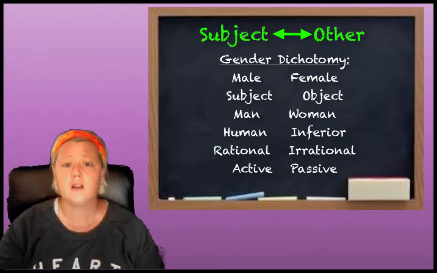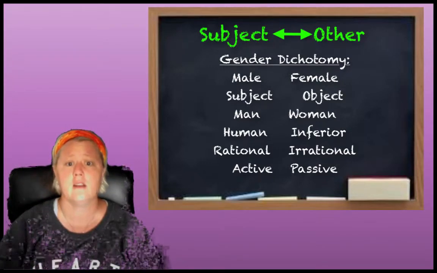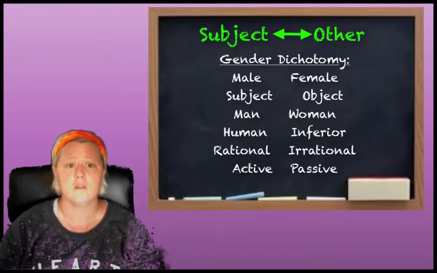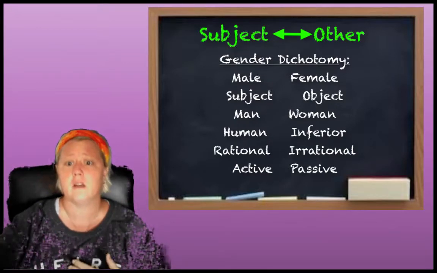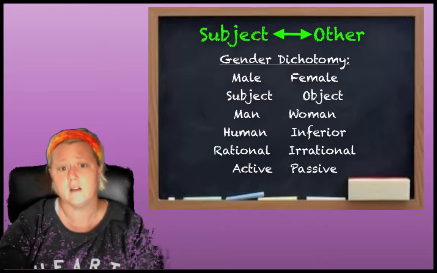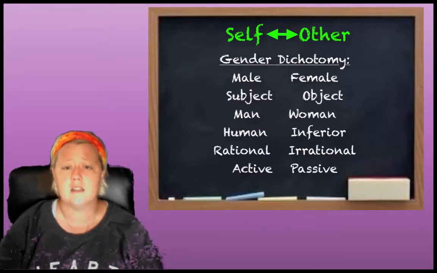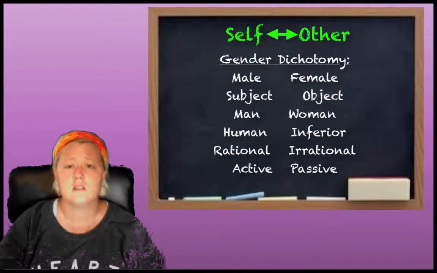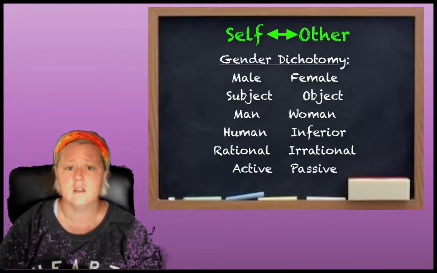And the history of consciousness formation shows that there must be a boundaried self, that I can distinguish myself as different from you. This is recognition theory, particularly in Hegel. What is it to be a self and to recognize someone else as separate from me? I'm here, you're over there. I'm a self, you're an other. This duality, self and other, was not originally empirical. It was not attached to the division of the sexes.